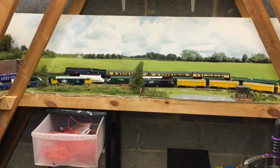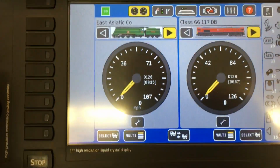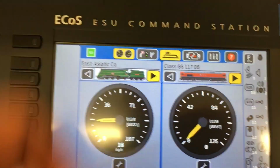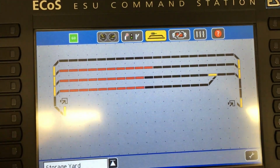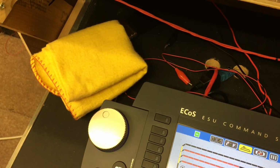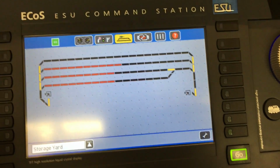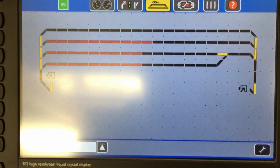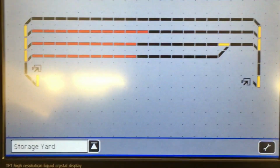So if I bring that in, if I start that moving, and go back to this screen, it seems to have derailed. I'll just stop it and reset it. Hold on. Okay, so yeah, the front